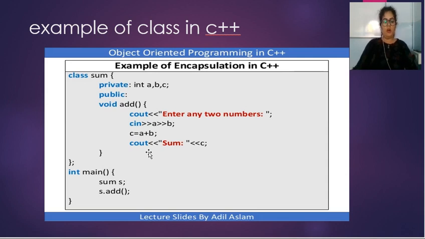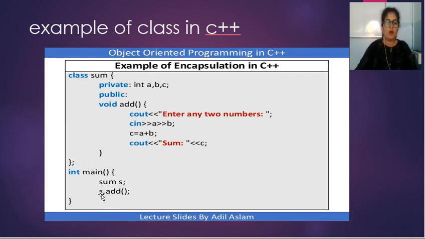All in all, in the main section you have to do two things. First, you have to create an object of that class, and the syntax is to write the name of the class with the object. You can give any name, as sum is the name of the class and s is the object. Now you have to use that object to access the member functions of the class.